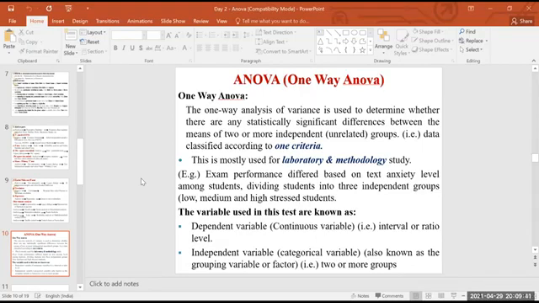So when you want to use ANOVA, one variable should be a dependent variable, which depends upon the different categories. The marks of the students depend upon the level of the student. What is their level? High level, moderate, average level. That level of the students is an independent variable, which has different categories. The students come under 3 different groups, or 2 groups, or 5 groups. In that situation, you have to use ANOVA. Is it clear now? Yes, sir.